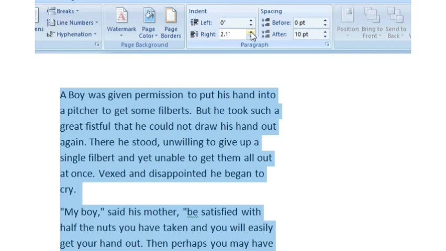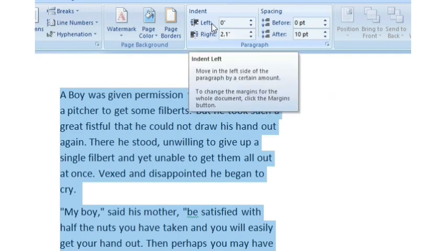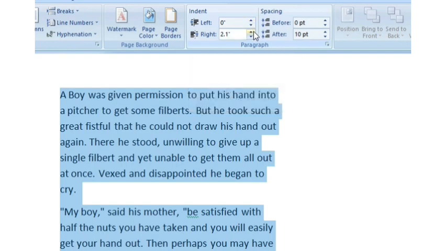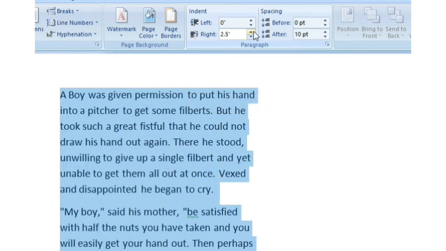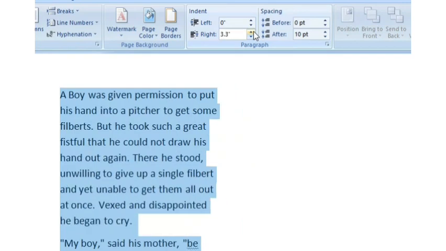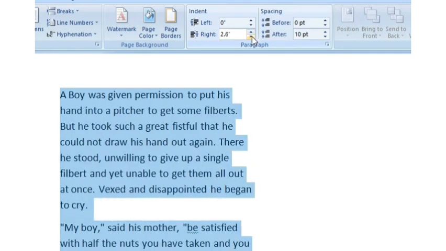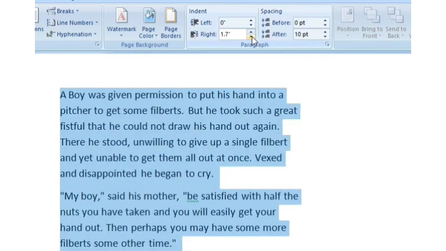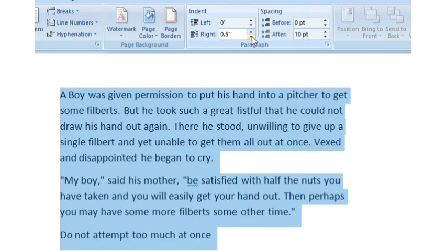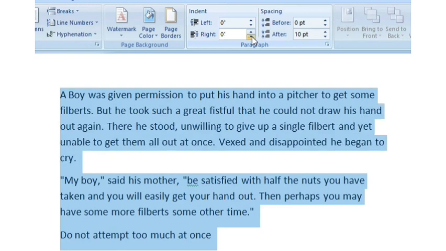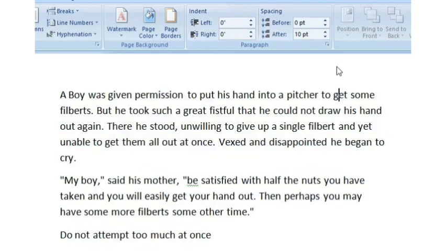When you increase the value of the left indent, the paragraph will move towards the right side, and when you increase the value of the right indent, the whole paragraph will move towards the left side. So let's make it normal again. So this way we can change the indent of any paragraph according to our choice.